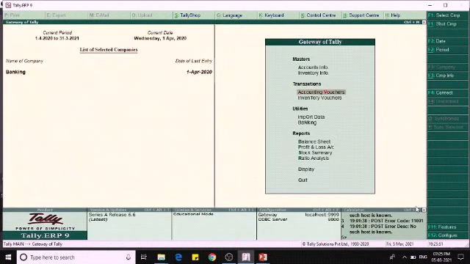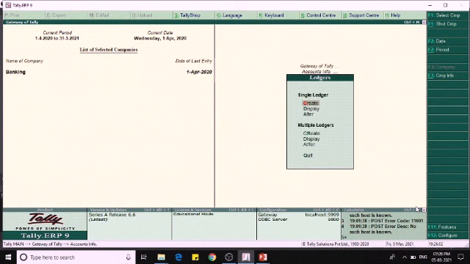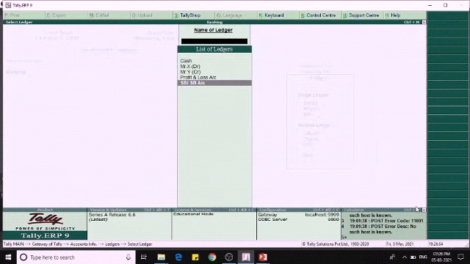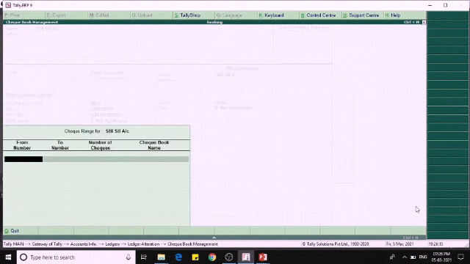Now the next one is the payment voucher. Before entering into this payment voucher, let us create the check numbers. Go to accounts info, ledgers, and then go to alter. Already I have created a bank account ledger. Now we just alter this, set checkbook as yes. If we give yes, we can give the number of checks we have. For example, I am giving 100.